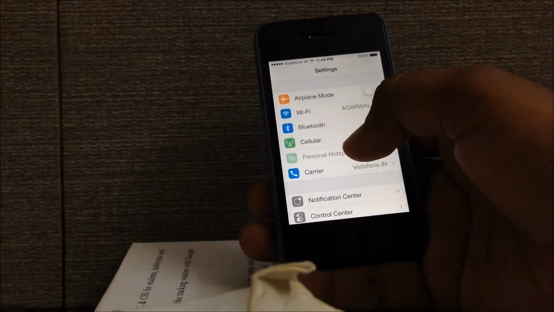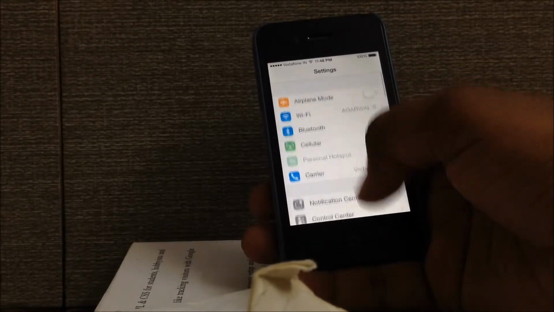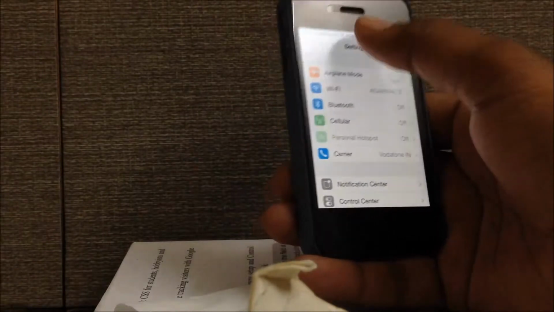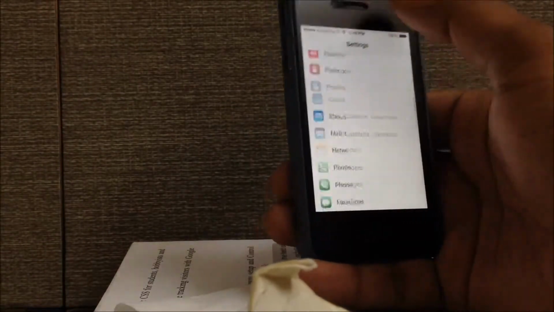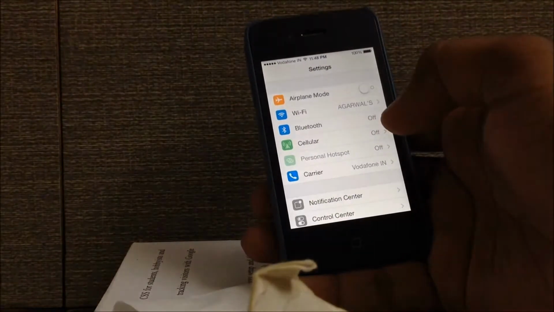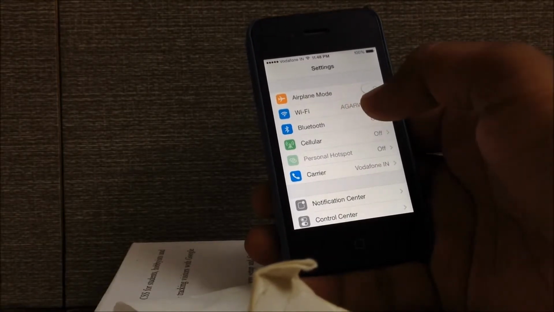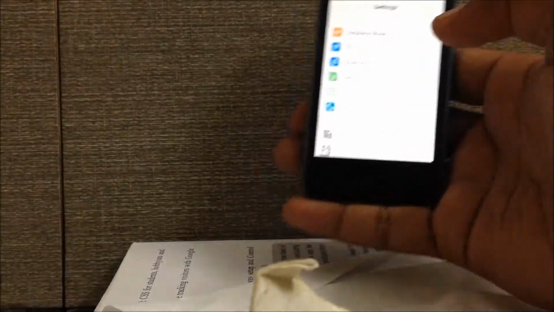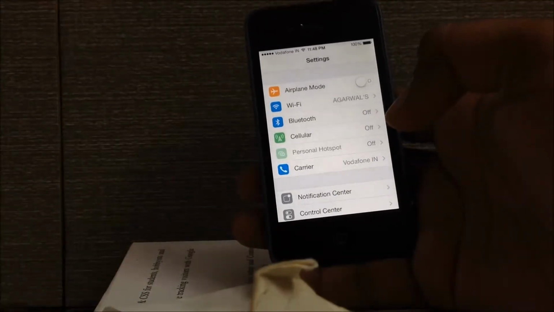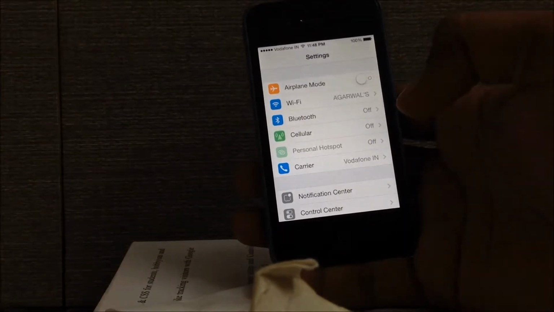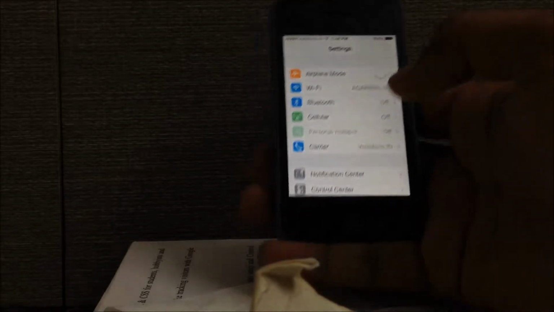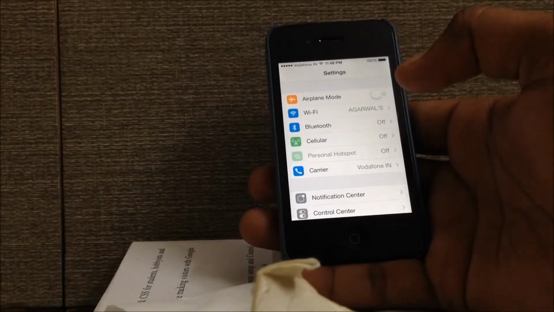So the next thing is to use Wi-Fi rather than your cellular, because the Wi-Fi radio takes a significantly lesser amount of battery than your cellular radio. And try to use Wi-Fi wherever you can, so that your battery can be saved. When you are in extreme need of battery, then these things can help.